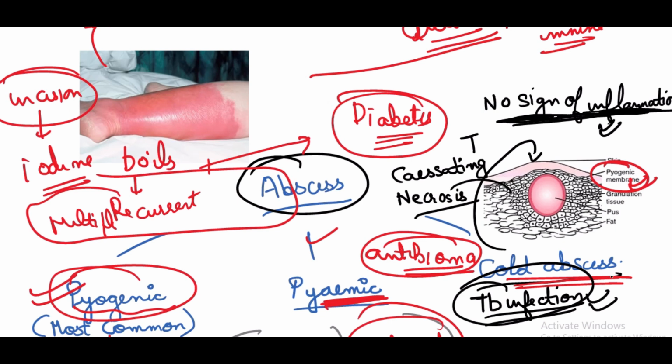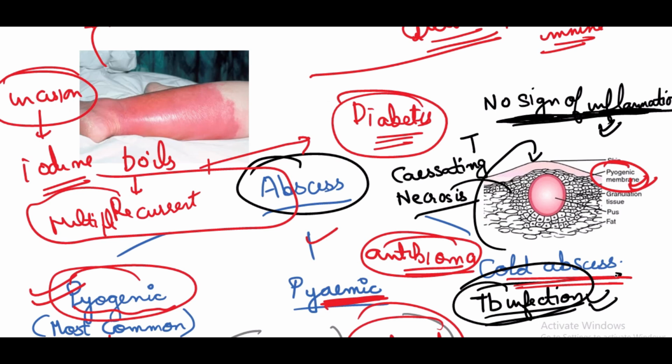It's the neck, axilla, chest wall, etc. So there would be brawny induration, edema, and tenderness. So a cold abscess mainly results from tuberculosis infection. Typically it would lack any signs of acute inflammation like heat, redness, pain, and it is associated with